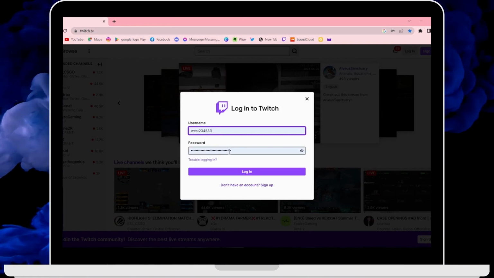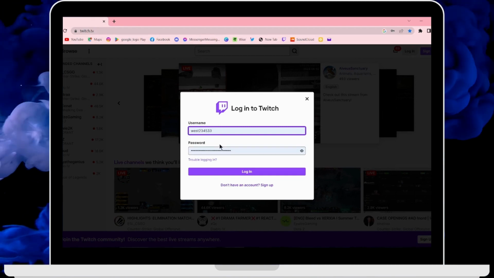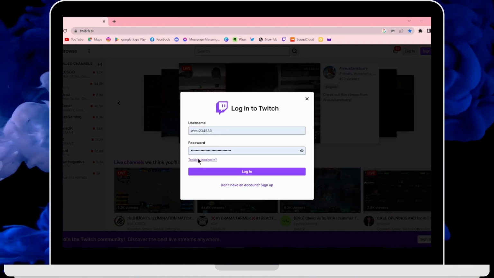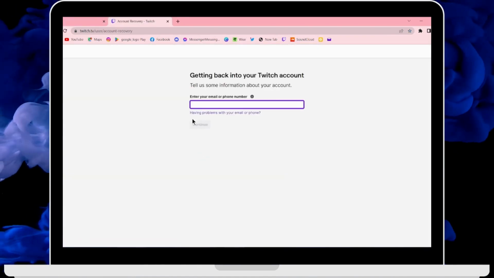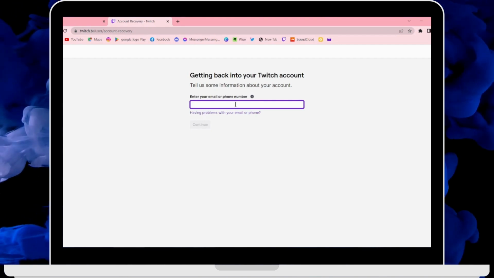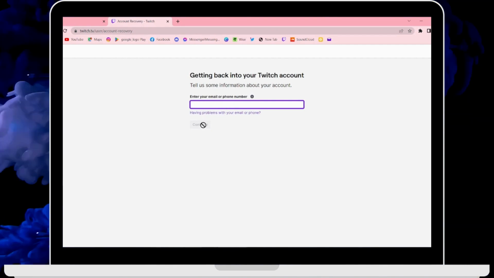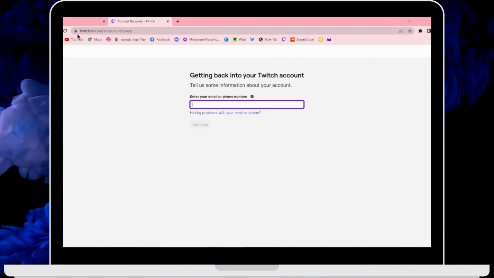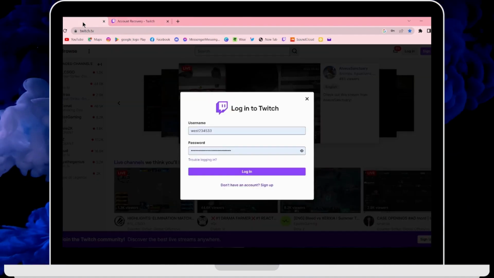to enter your password. But if you don't remember your password or if you don't remember your username, then you have to click here, trouble logging in, and then it will get back to your Twitch account. For that, you have to enter your email or phone number through which you have created or registered your Twitch account. And after that, you can click on continue and it will send you a code, and through that you can reset your account. But if you remember your password and everything, then you can just simply enter it and then you can click on login,